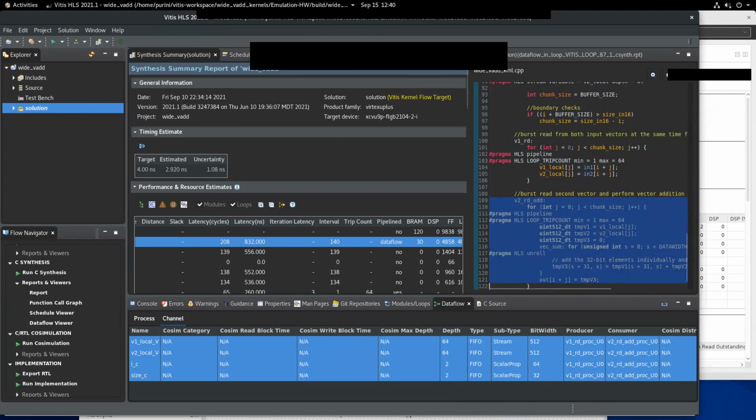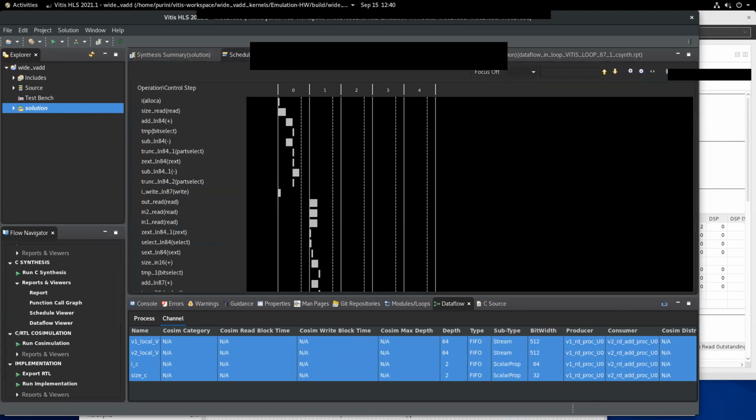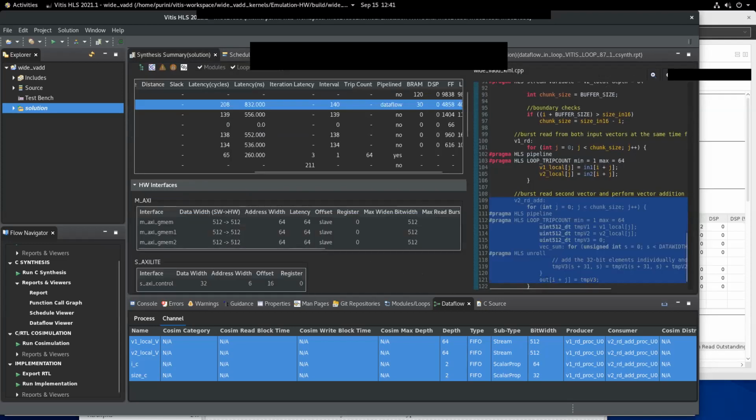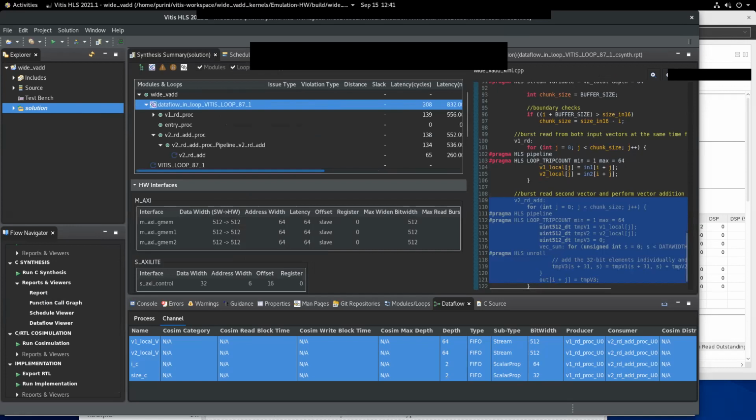And if you look at the schedule viewer, or let's say the report, the report says that, before I ask this question, what are all the techniques that we used to improve the latency of this kernel from approximately 11,000 clock cycles to 800 clock cycles?